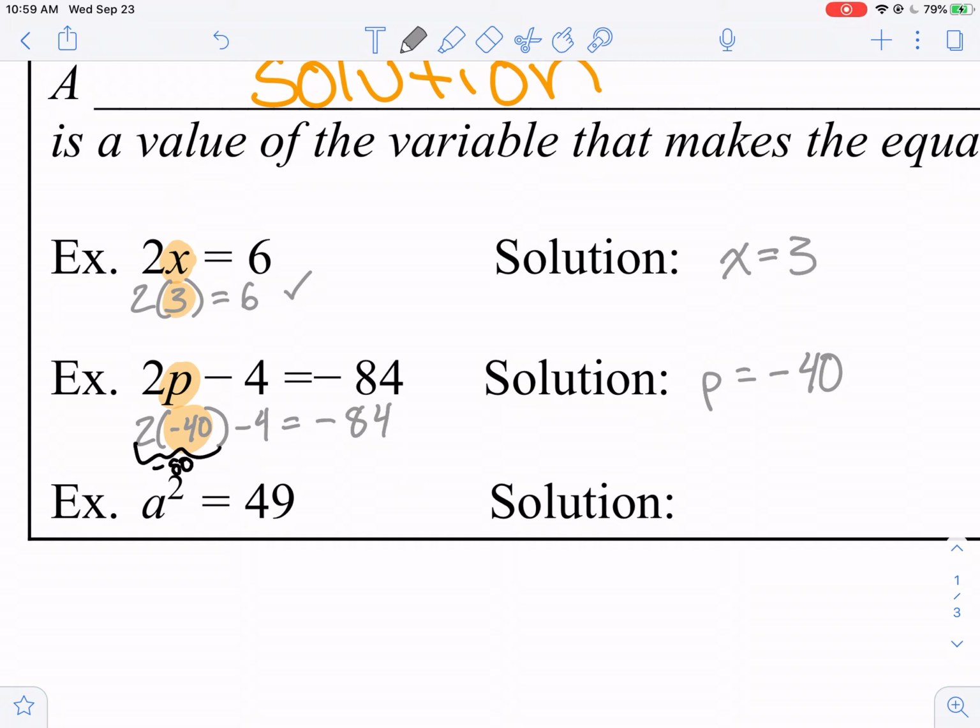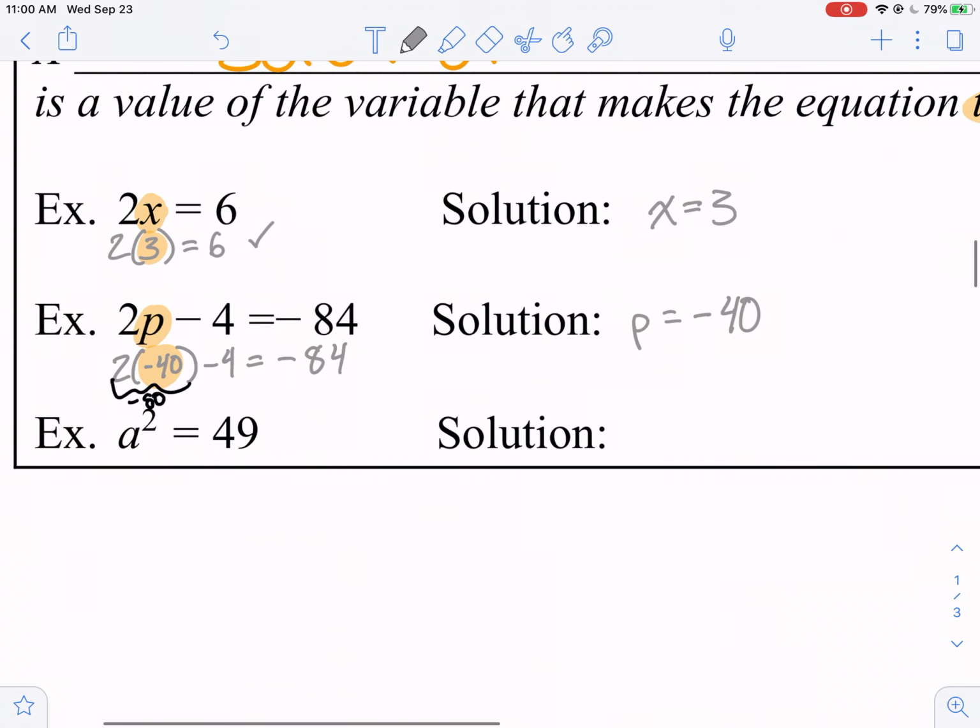You do not need to have one solution. You can have 0 solutions to an equation. You can also have infinitely many. The number of solutions totally depends. In this guy, we actually have